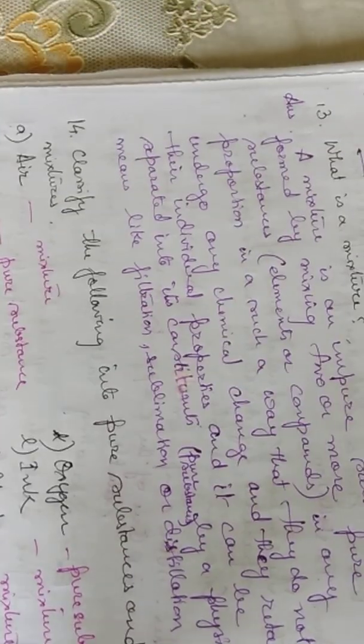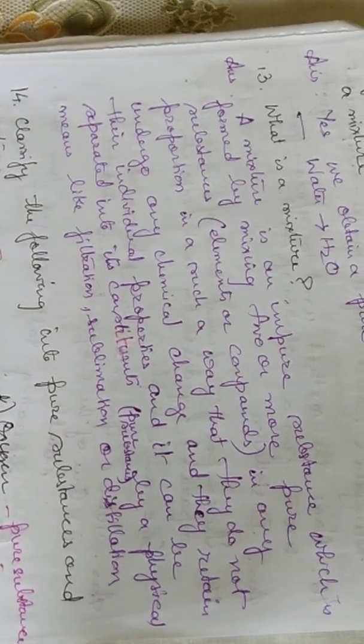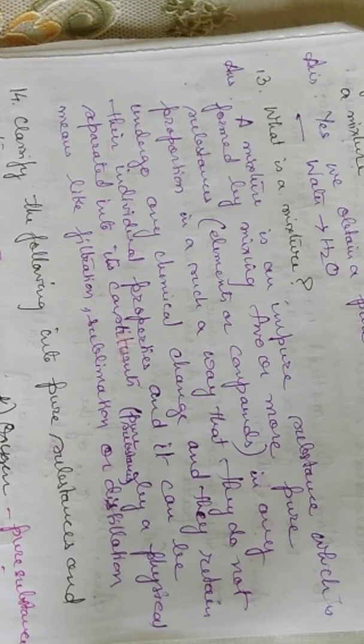Now what is a mixture? A mixture is an impure substance, which is formed by mixing two or more pure substances. They may be elements or compounds, two or more elements or two or more compounds, or elements and compounds, in any proportion, in such a way that they do not undergo any chemical change and they retain their individual properties, as it can be separated into its constituents